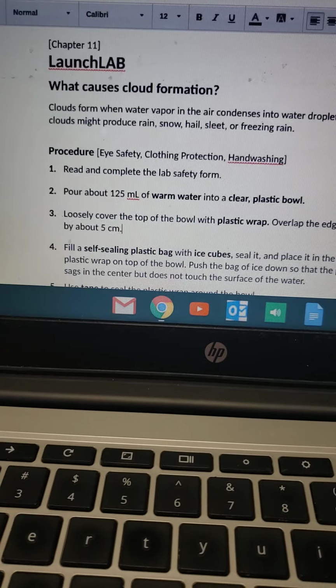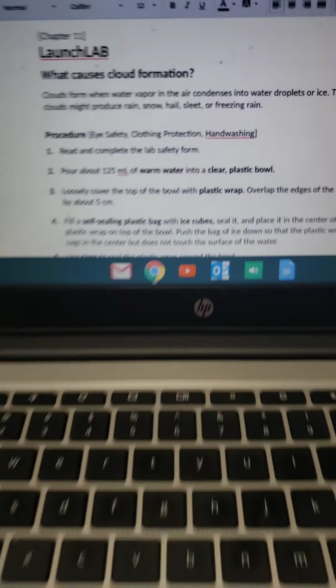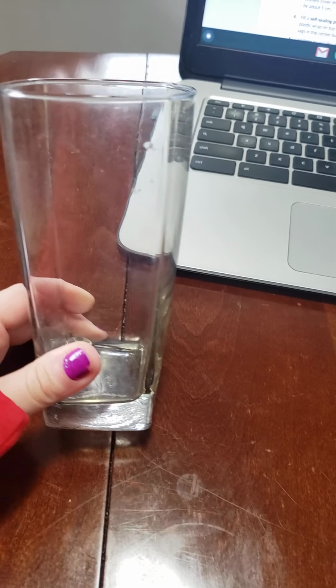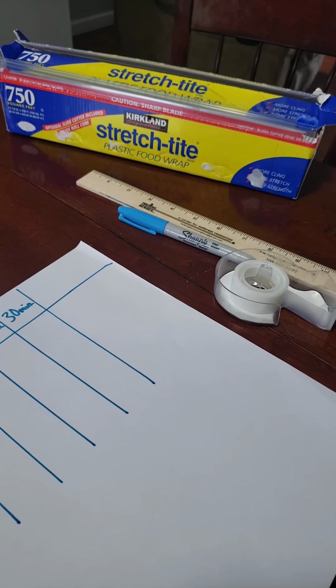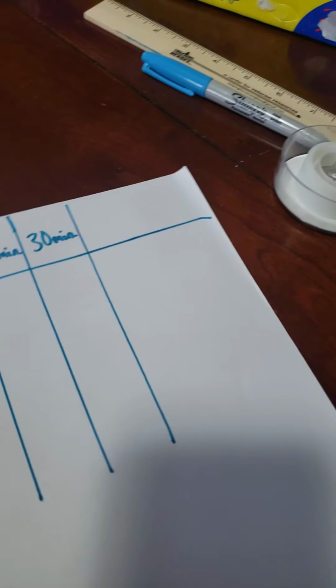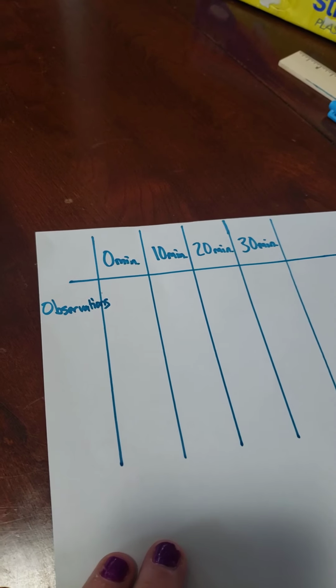All right, so the procedure, I'm gonna set all this stuff up for you. I don't have a glass bowl, so I'm using just regular glass, what I have, so I'm gonna adjust a little bit according to the materials that I have, and then I have the plastic wrap and tape here to tape up the plastic wrap, and you're gonna see how the setup is here in a minute. I made this. You guys don't have to do it this way if you don't want to, but it